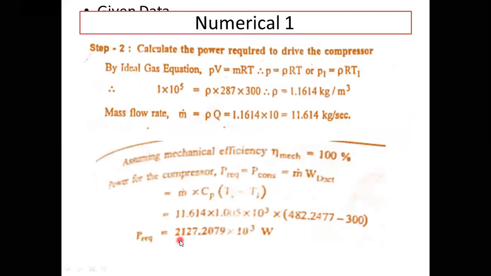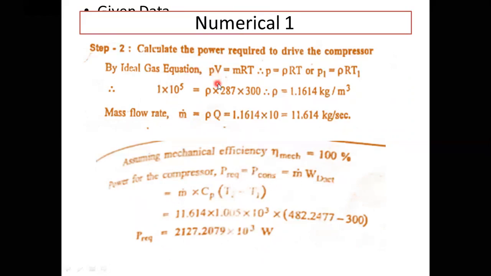The next step is to calculate the power required to drive the compressor. We know that power required is given by the actual work. This can be the work done by the impeller also, but since we have the temperatures here, we can take it in terms of m Cp delta T, that is actual work. First of all, we need the mass flow rate, m dot, to calculate the required power.